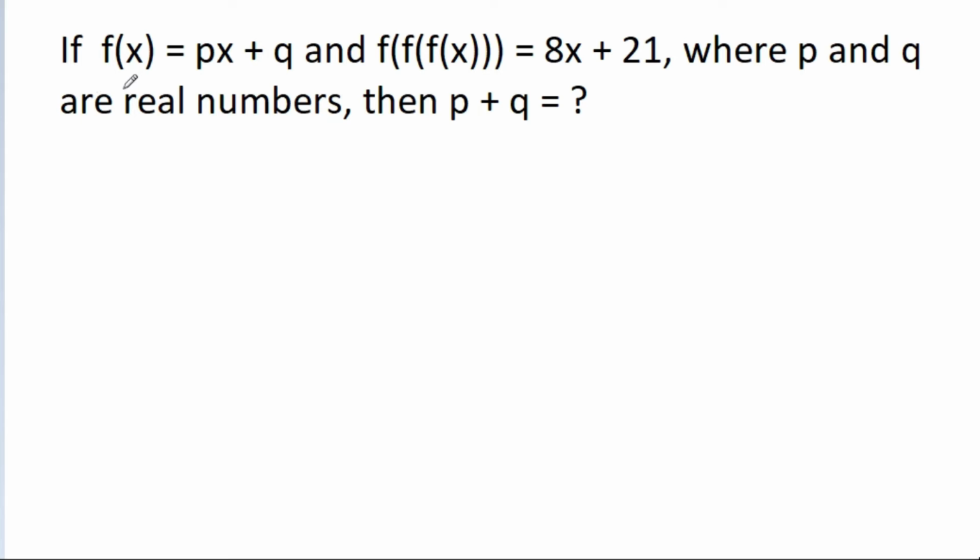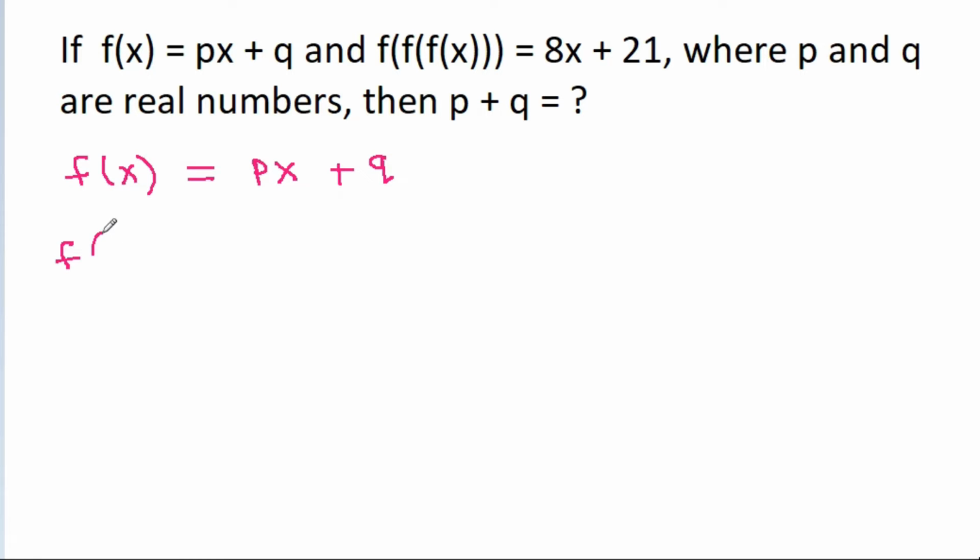In this video, we are given that f(x) is equal to px plus q and f(f(x)) is equal to 8x plus 21, where p and q are real numbers. Then p plus q is equal to what? So we have given that f(x) is equal to px plus q